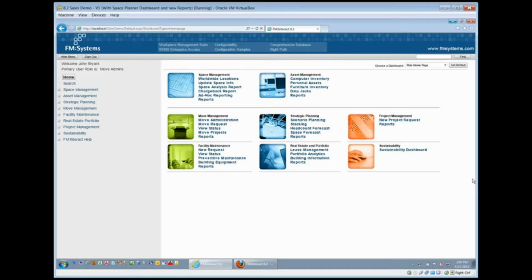Again, my name is John Luby, and I'm one of the application engineers here with FM Systems. Today we're going to go through the space management features in the version 8.2 product. I will try and run through things rather quickly. It looks like we've only got half an hour, and there are quite a few new features in the 8.2